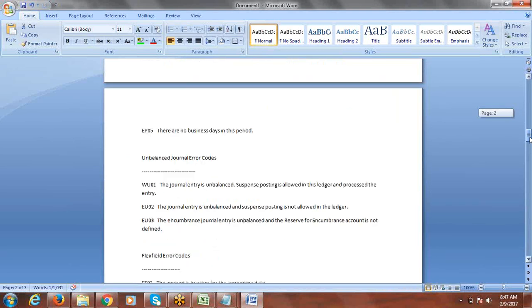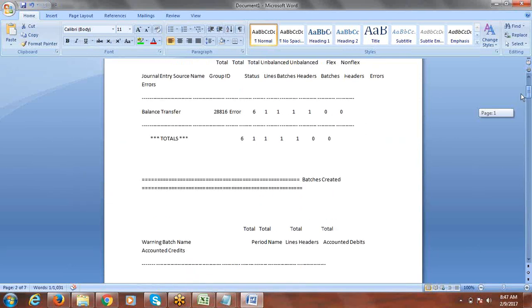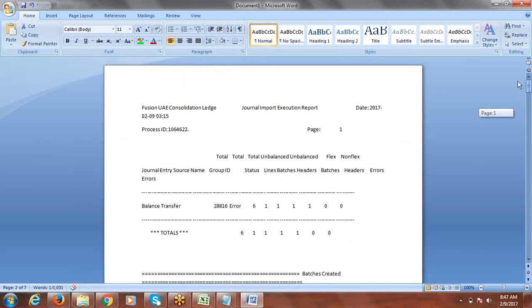Same EU02, journal entries unbalanced and suspense postings not allowed in the ledger. We enabled it, right? We enabled it, why is it not working?